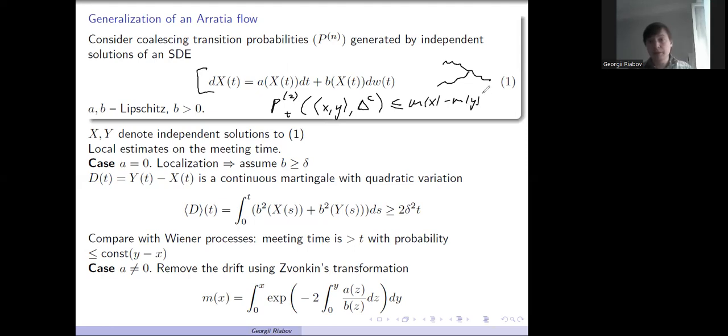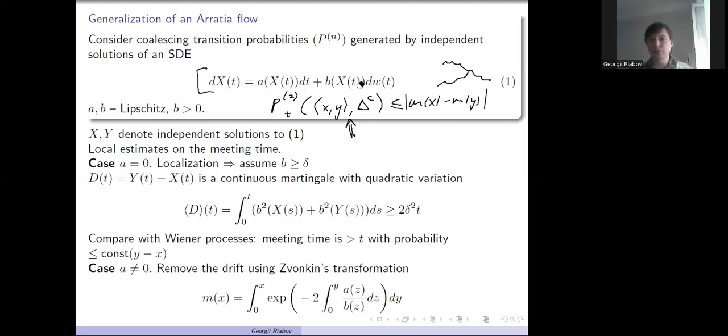This can be refined to the so-called local estimate. So in this probability, we assume not only that trajectories didn't coalesce, but we can also assume that they stayed in some fixed segment. And this will be enough. Okay, so now let's consider